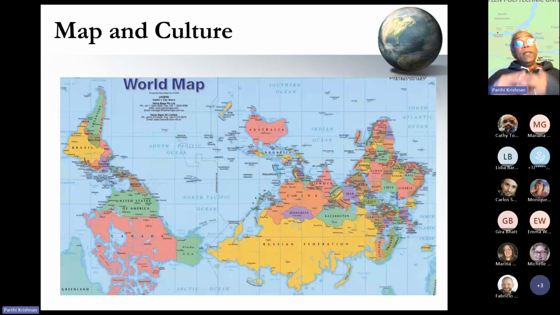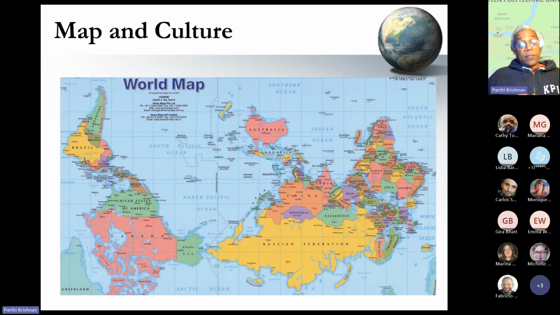Maps also define the cultures that we live in. And I show this map to highlight the fact that in space, we arbitrarily assign what is north and what is south. There's no such thing as north, south, east, or west in space. So if map making were to start in the southern hemisphere, then this would be the common map of the world. So it is somewhat interesting because oftentimes we tend to think of the northern hemisphere being completely filled with land masses, while the southern hemisphere tends to be primarily sea. Here we flip that notion upside down.